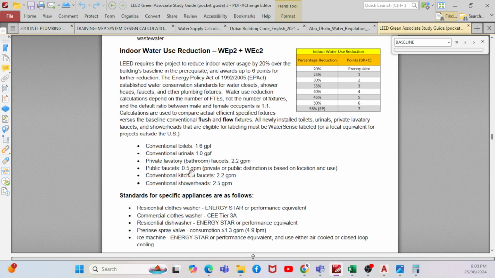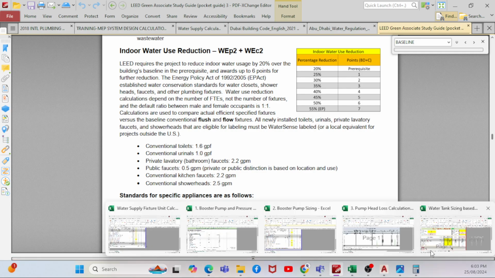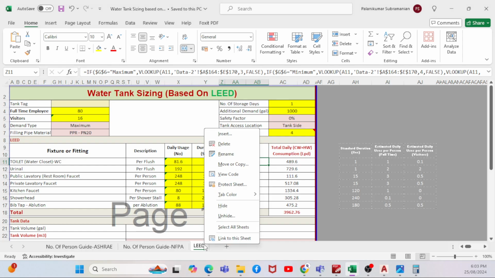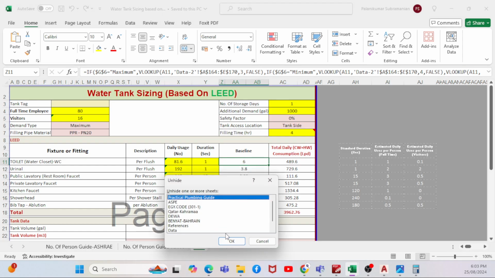You can see here, if it is a shower head, you can use 2.5 gallon per minute. Kitchen faucet 2.2 gallon per minute. Public faucet 0.5 gallon per minute. So the same values that we did, we have entered in the same chart here. You can see 6 gallon per minute, right? So this value is given here. If I go to unhide,